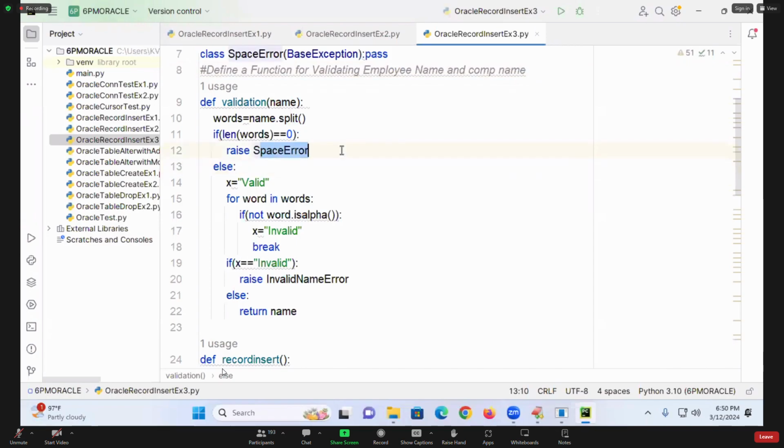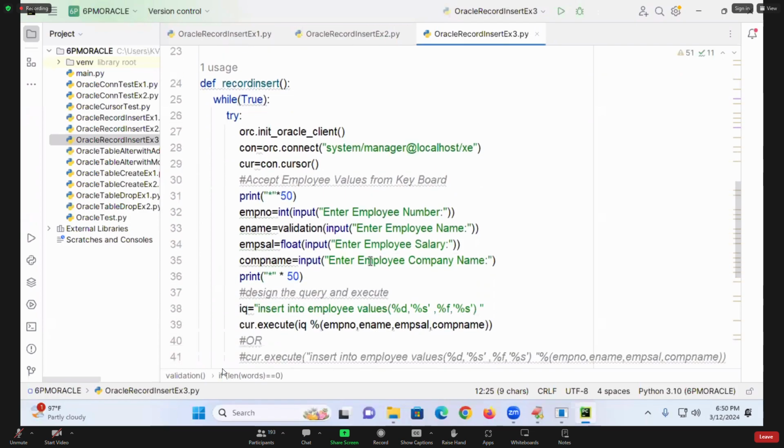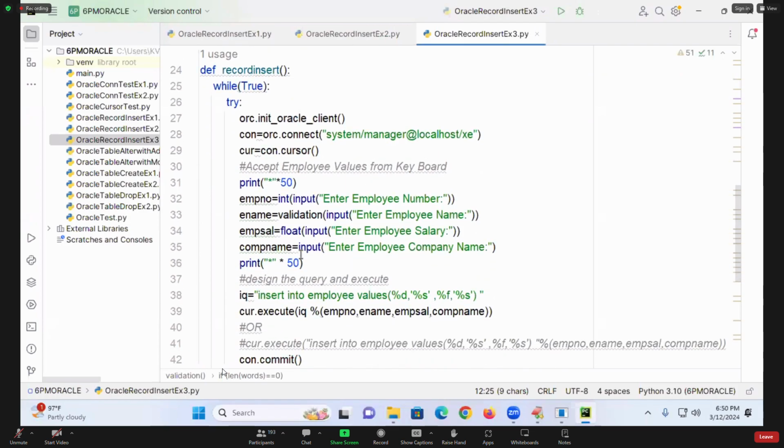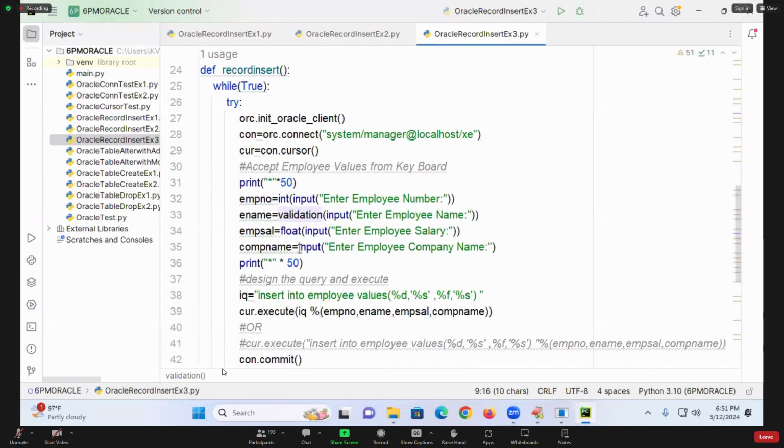Now I am saying done. Now next, go for what? Here I will again go for validation, which is my function name. As it is, I'll go to this company name also. Validation of input, like this. When I'm taking that,